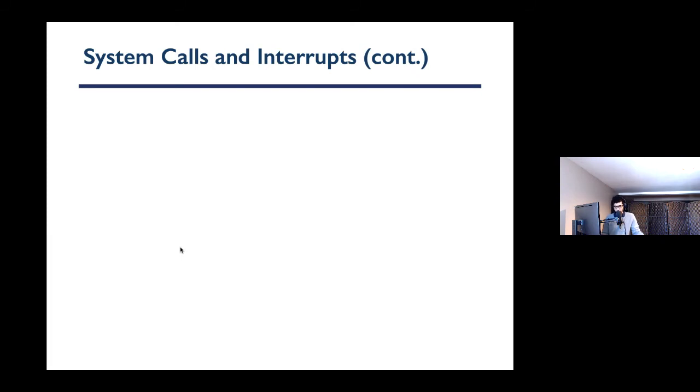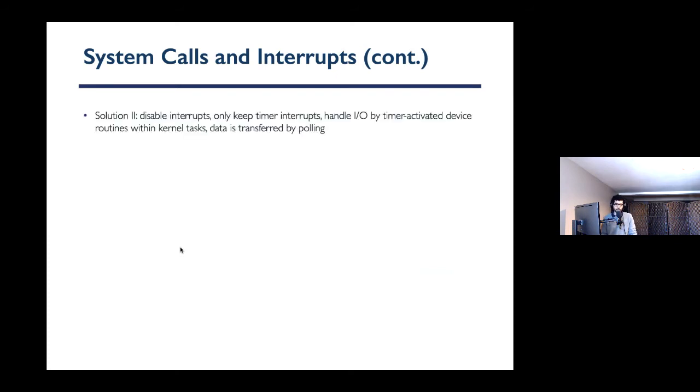I got a question I will answer once I'm done with the 3 solutions. So solution number 2, let's keep interrupts disabled as solution number 1, basically getting rid of all the interrupts. Only keep the timer interrupt. So only be interrupted by timer. Now, instead of letting tasks handle I/O devices, each one of them by itself, instead bring that functionality inside the kernel. So write some kernel tasks that communicate with the devices, and then let them